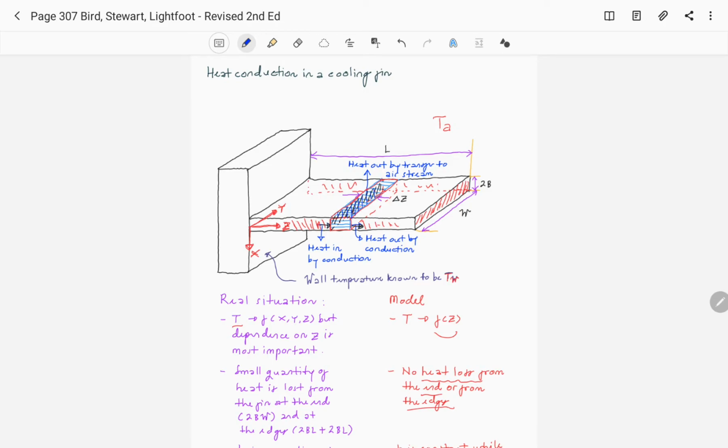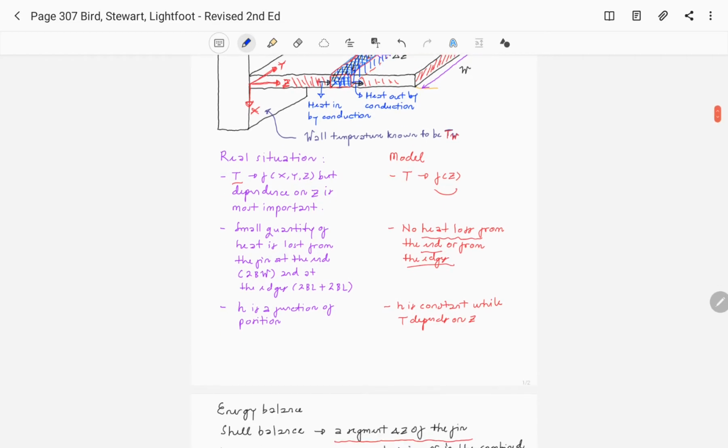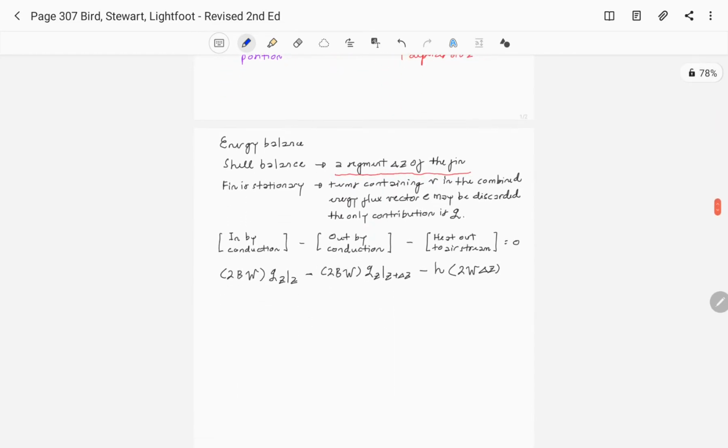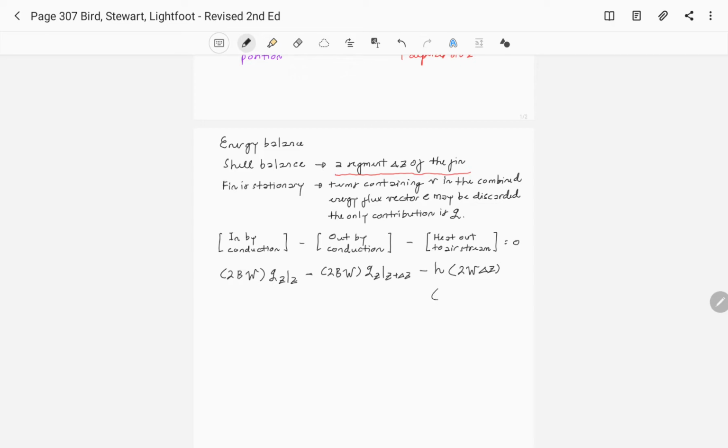Top one will be W multiplied by Z, and then you also have the one on the bottom in here. So this one also will be W multiplied by delta Z. However, the one on the edges in here and the one on the other edges are ignored. Okay, and then this one is multiplied by the temperature difference between that particular shell element, T, minus the ambient temperature, and this one will be equal to 0.